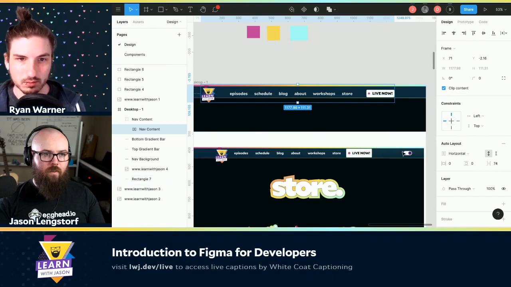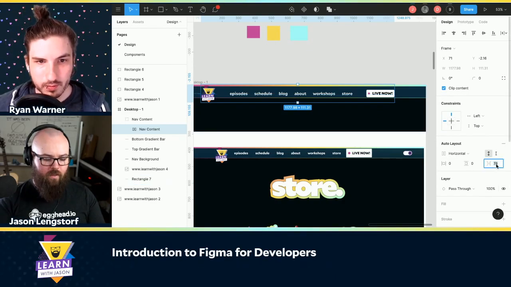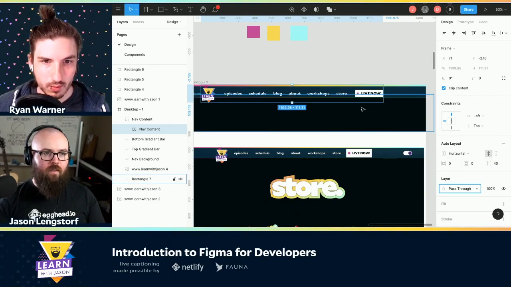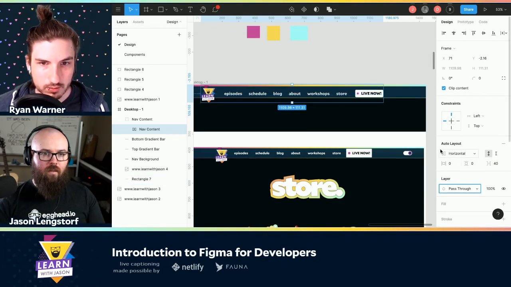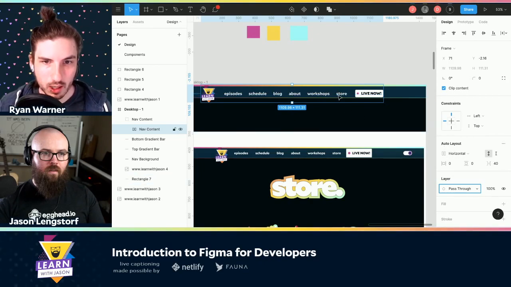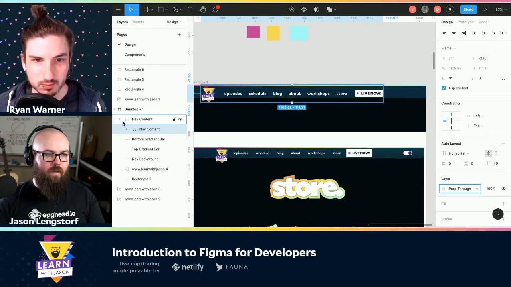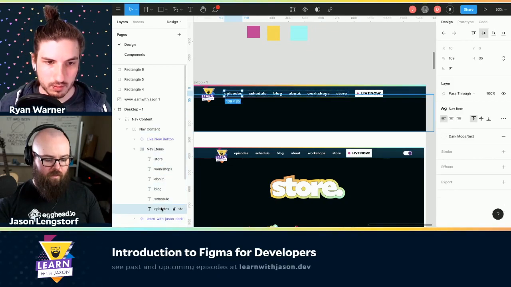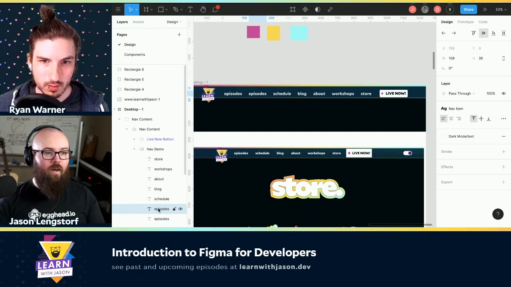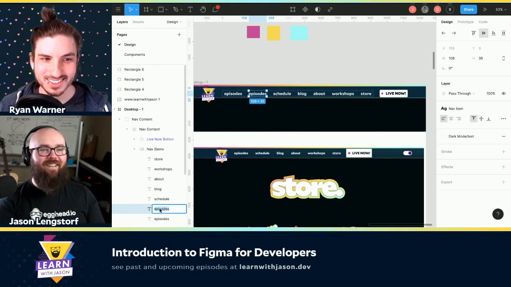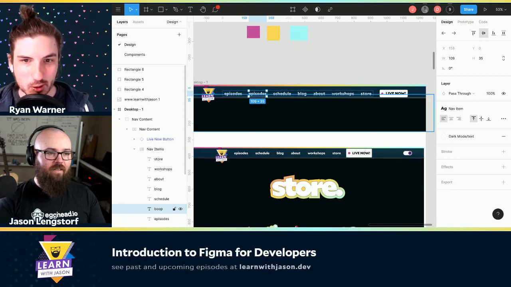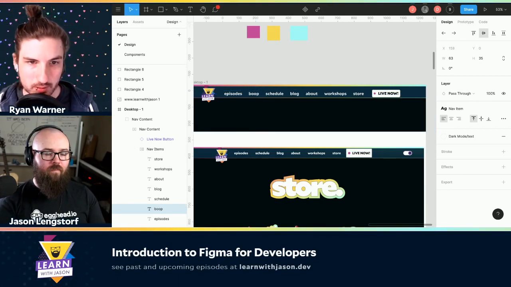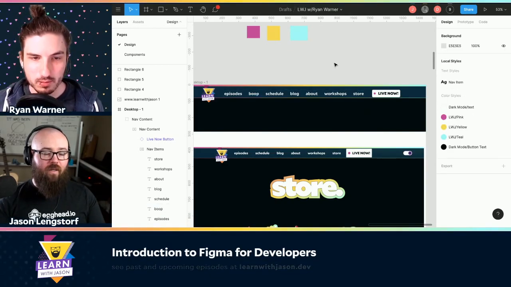Yep, that's looking pretty good. And then I can shrink these down a little bit. Let's say we want 40 pixels. That's good. All right. Let's add another nav item and see what happens. Just make one up, maybe a boop page. Okay. So to do that, I go into my nav items, and I'm going to copy paste. Look at that. Just moves everything right over, including the Live Now button, because of auto layout being on its parent. That is incredible.